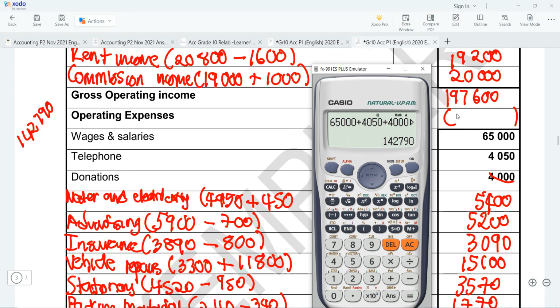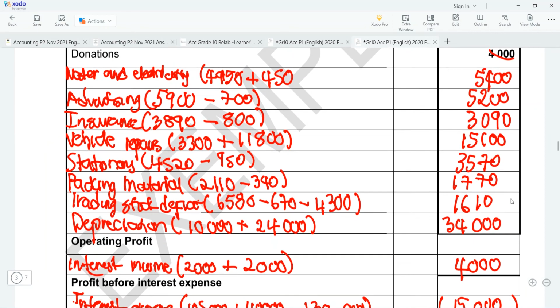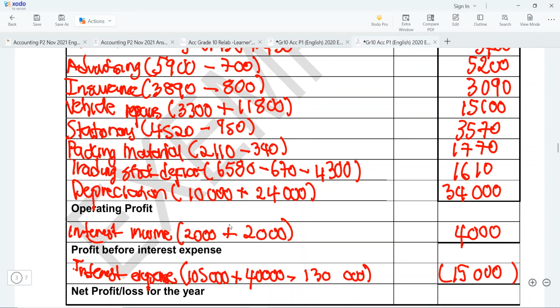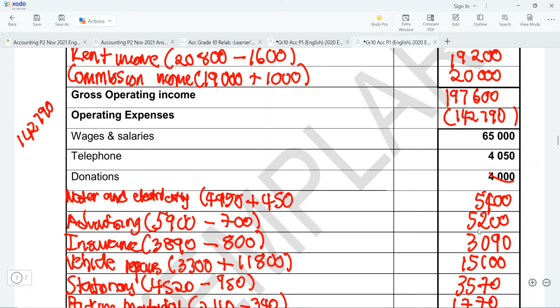So I'll just write it here, 142,790. Okay, and we are then going to look for our operating profit. Remember, operating profit is profit before interest. It is the profit that we're supposed to have before we consider our interest income. Okay, so let's see, 197,600